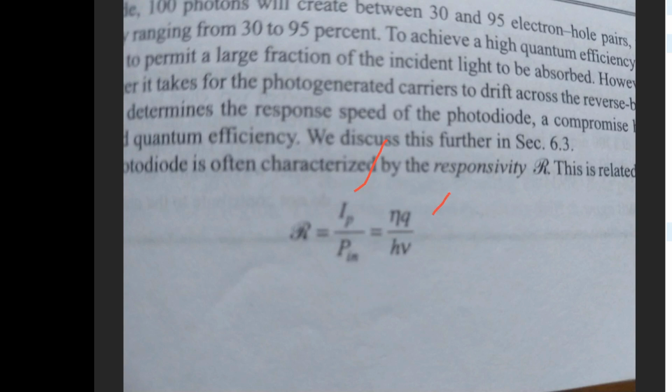Okay, so now with this one can calculate what is the IP current depending upon the optical power. Mainly the photo current IP depends on the responsivity times the optical power which is falling on the photodiode. So the phototransistor